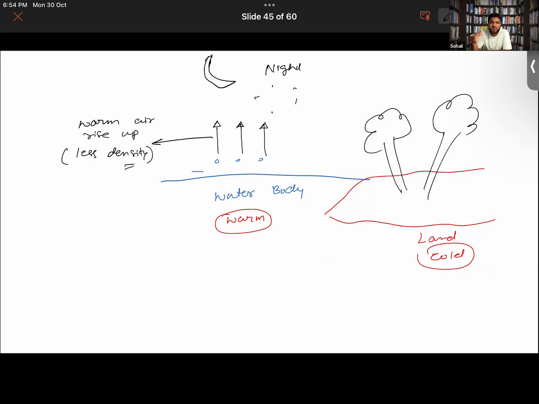You guys must have seen the helium balloons, right? You guys know what is a helium balloon? A balloon filled with the helium gas in it. So you will get to see that if you were to just release it, it will rise up in the air. Why? Because helium is a very light gas. It is having a very less density. Thereby, it moves up, right?